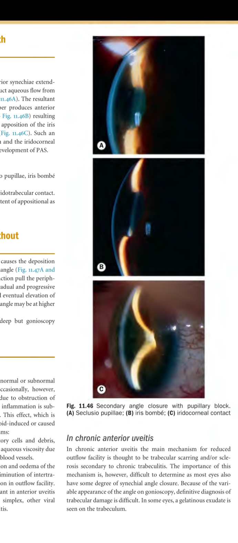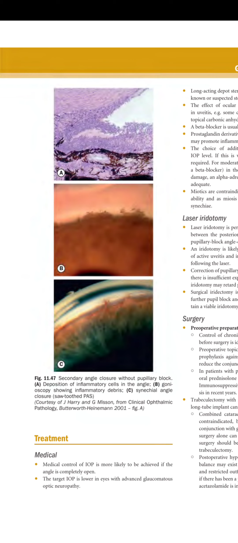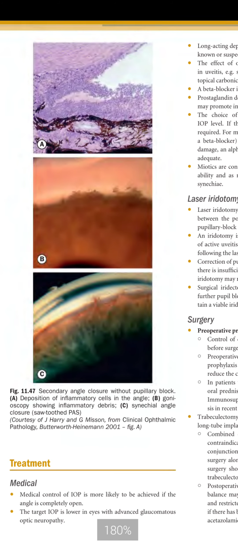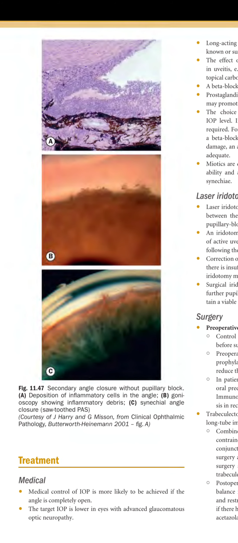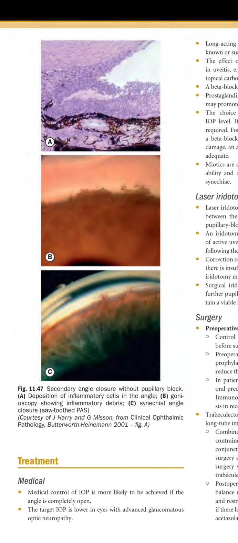In some eyes, a gelatinous exudate is seen on the trabeculum. In a case of gonioscopy, we can sometimes see a gelatinous exudate, but sometimes it is difficult to distinguish. So, it is a secondary angle closure glaucoma without pupillary block. A is showing deposition of inflammatory cells in the angle. B is showing, C is showing the synechial angle closure. You can see that there is a